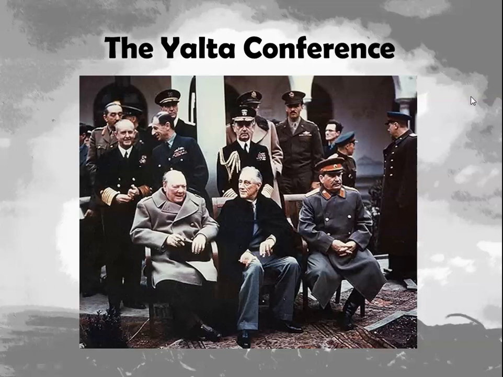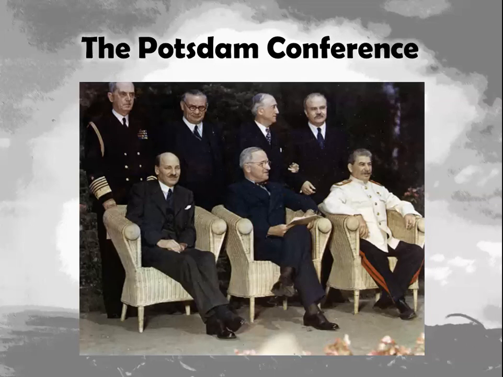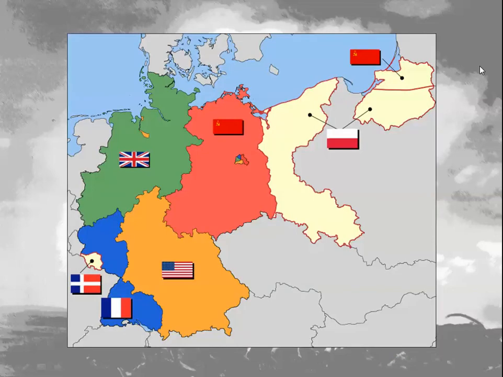And this divide came despite the fact that it had been agreed that European countries that were liberated would have an opportunity to choose their governments for themselves. By the time the Potsdam Conference happens in July of 1945, it becomes clear that the Soviet Union isn't going to allow this to happen in the Eastern countries. So the boundary of this divide eventually becomes known as the Iron Curtain, which we'll talk more about once we get to the Cold War.